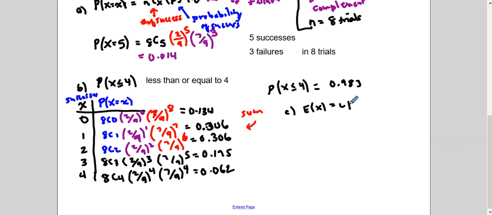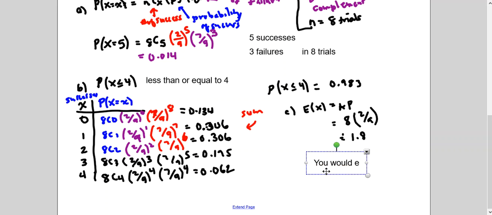All right, so if I take my expected outcome, so if I have 8 trials and I multiply by the probability of success, I can go 8 times 2 divided by 9. I see that I expect to have maybe roughly 1.8 successes. So to kind of summarize this question, you would expect to have 1.8 successes,